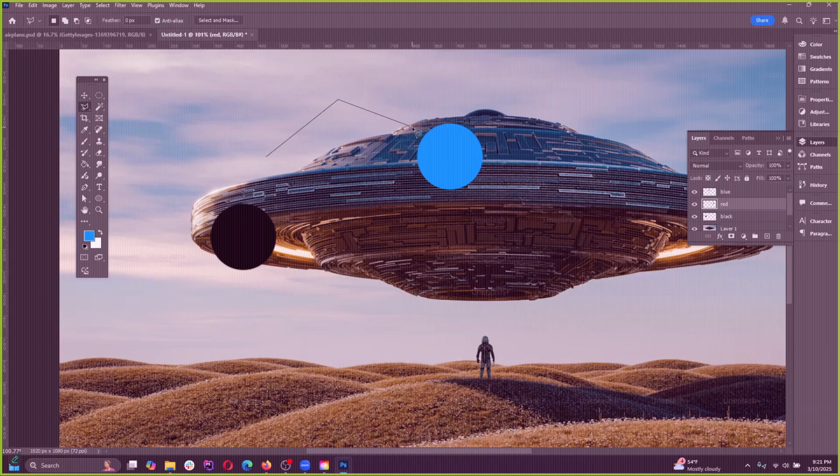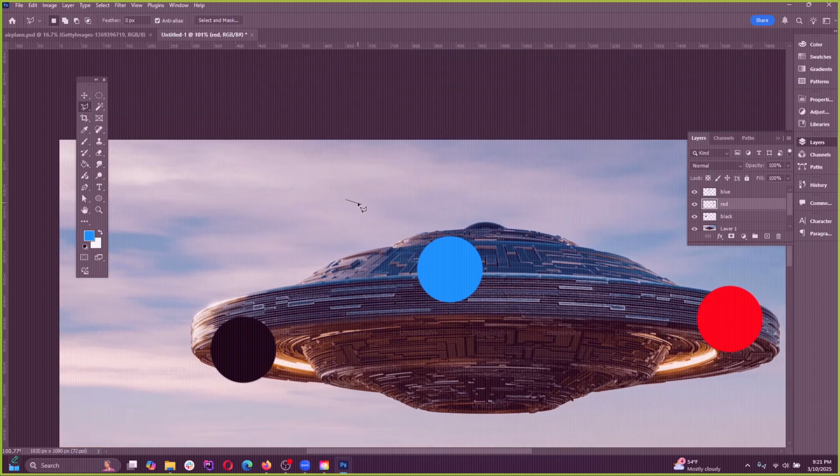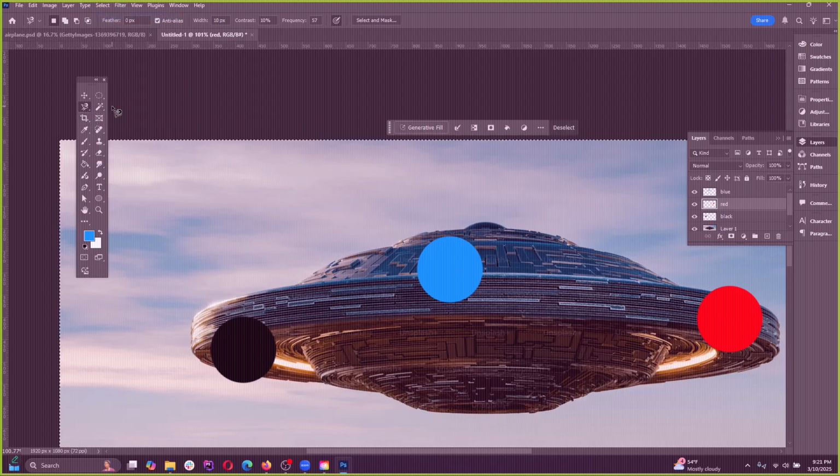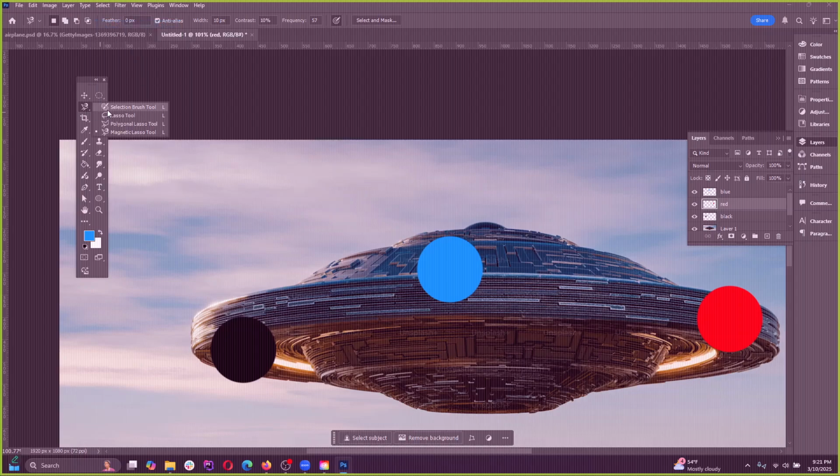a polygonal lasso if you want to make selections with angles. If you hold the Alt button when you have this one, it will switch to the regular lasso. And then you have the magnetic lasso, which will help you go around an object like this. Kind of sticks to the edges, but again, kind of outdated nowadays because of all the new ways you can select. Now you can just use